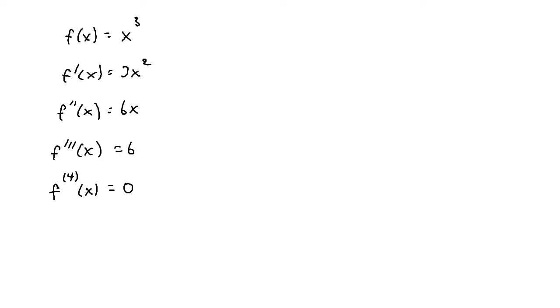Now keep in mind there are several different ways of writing the notation for higher derivatives. So let's say instead of f of x equals x cubed, we had y equals x cubed. Then we can also say instead of f prime, we say y prime. Instead of f double prime of x, we say y double prime. We go y triple prime, and then we can write the fourth derivative, which is just y to the fourth,